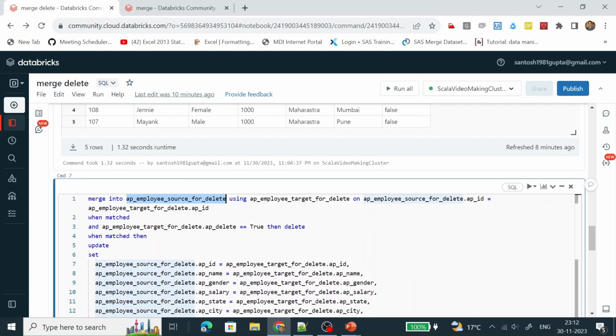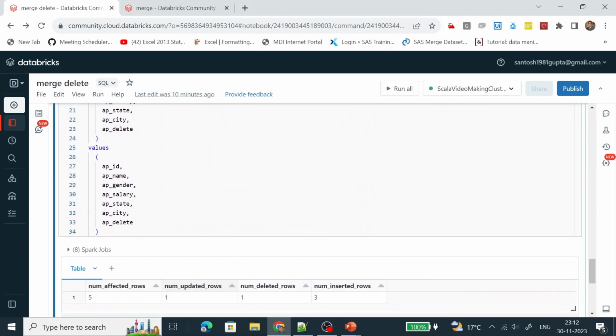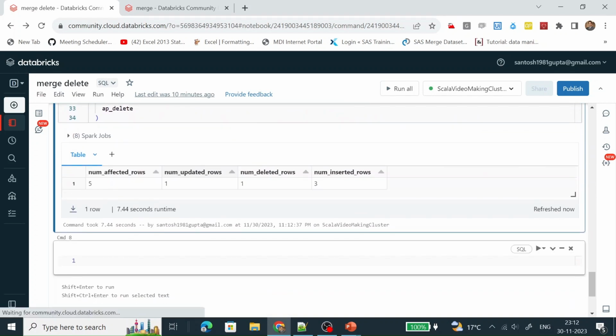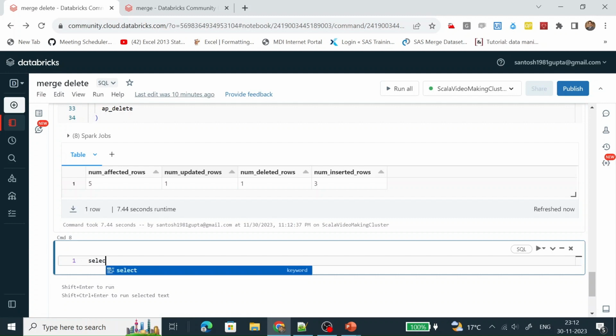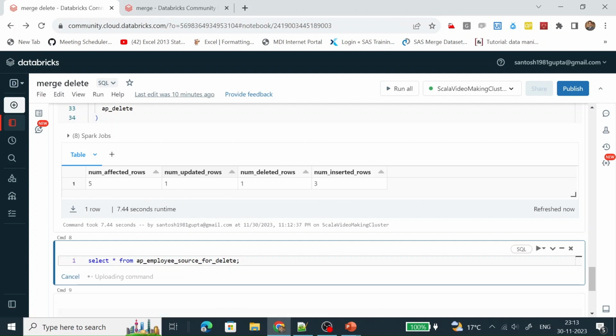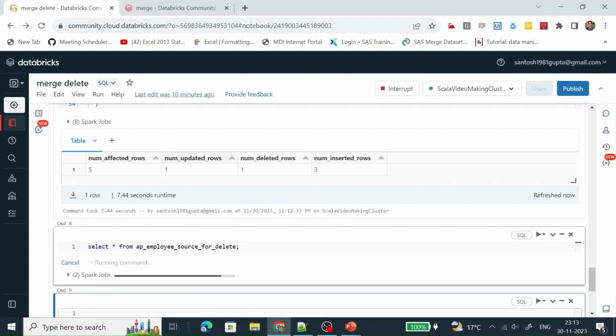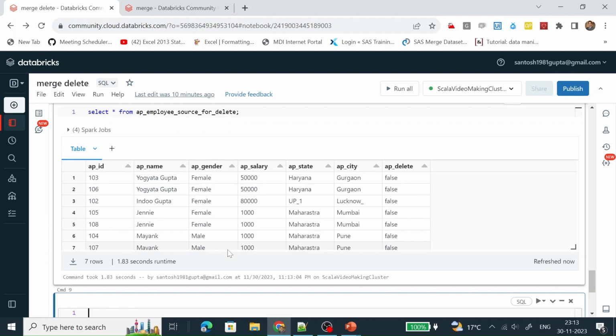Now let's do a select of the source table in which the merge has happened. Select star from. We can see here this AP delete now doesn't have any true value.